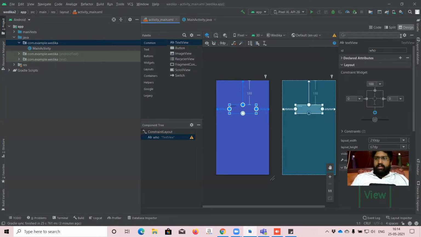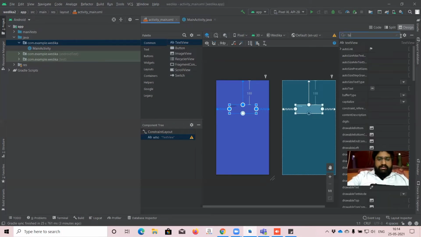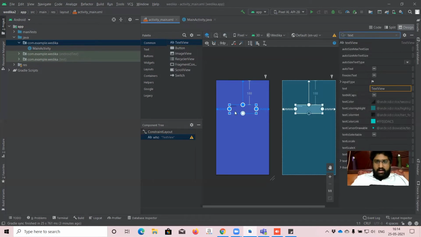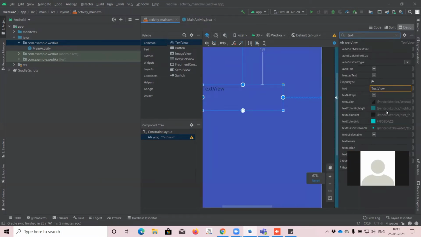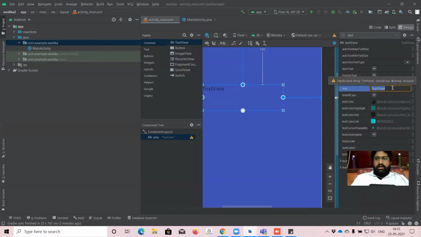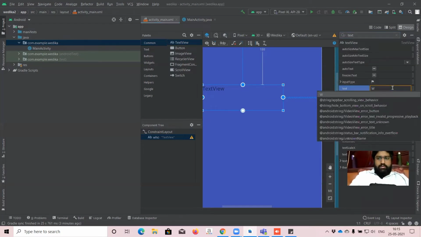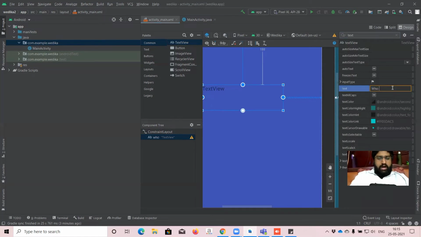And again I'm going to text. Text is nothing but inside the text view, there is a text, right? I'm going to text view: Who are you? Very simple.